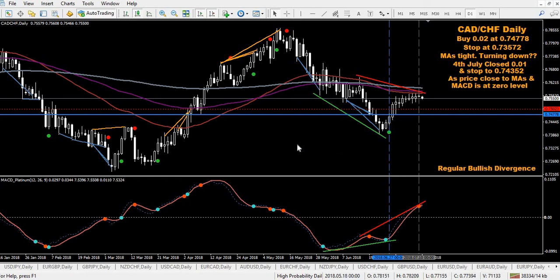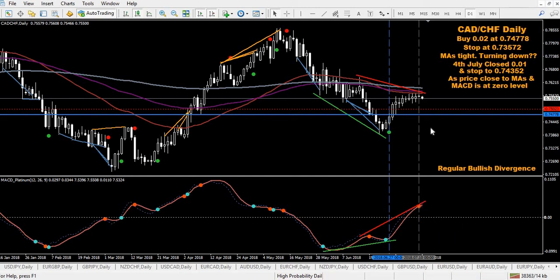All right, only the one modification this morning, that's on the CAD Swiss franc. I'm in a buy here. I've already closed out half. It just sort of hit the MAs and didn't go anywhere, and I've moved my stop up. I had my stop down here somewhere. This morning I've moved my stop up to this level here, 0.75023. The reason for moving the stop up is we've got a new red dot on the MACD Platinum above